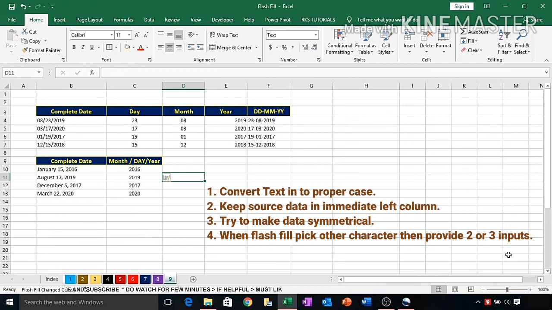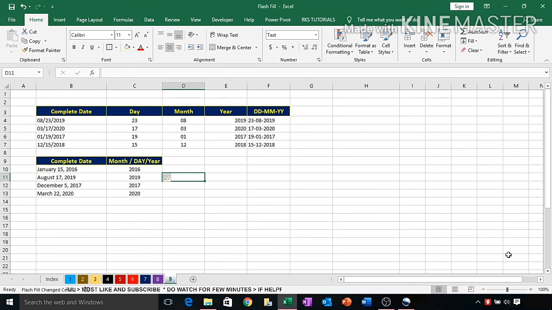So hope you have enjoyed the session and learned lots of things about FlashFill. Although we have deliberately put in some challenges, it will definitely help you while you're working with FlashFill, because when you work, challenges will come, and if you have already faced them then definitely you will work perfectly.